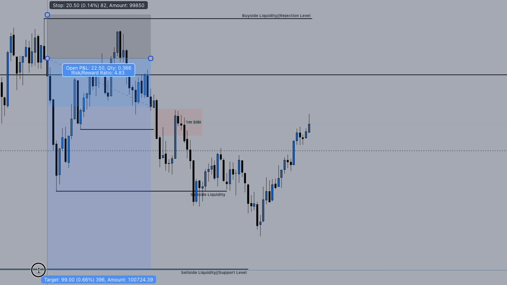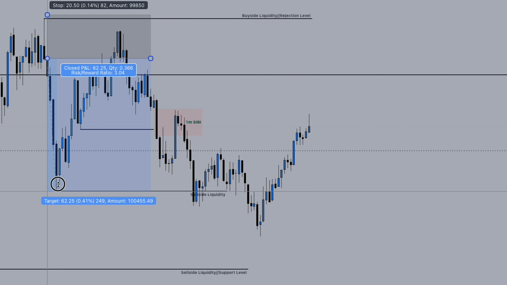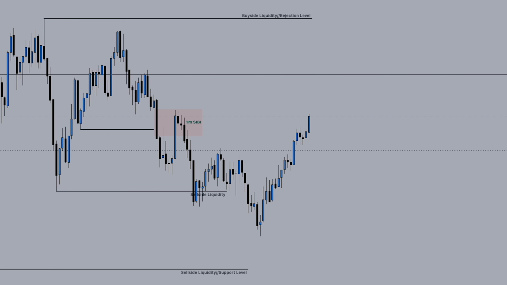Now this was a 4.8R trade. Granted, obviously, once again, still a winning trade. You got at least 3R on here before price came back, and you would still technically be in this trade. So that's one way of looking at it, right? You short at a rejection level, and